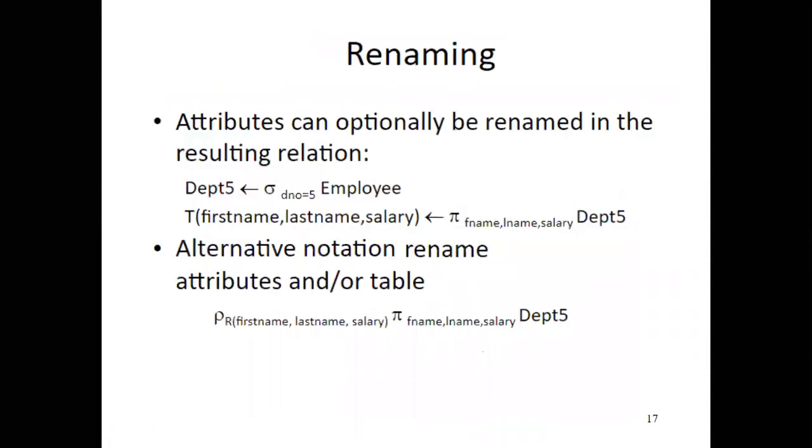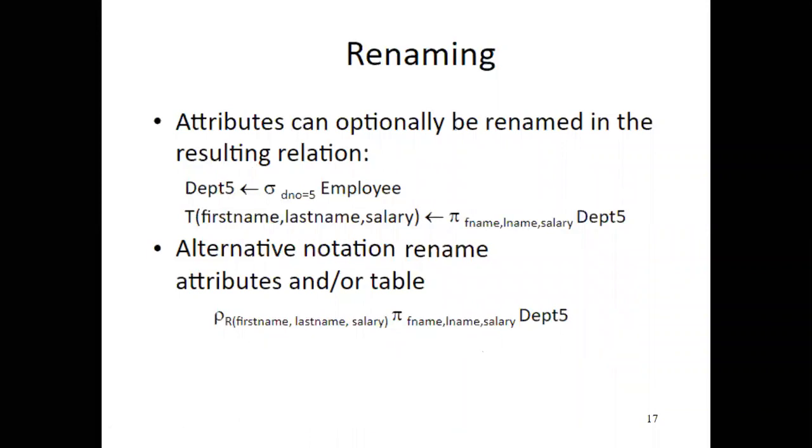Renaming has other ways too, not only using the rho operator. We can also give intermediate names for the relation. Attributes can optionally be renamed in the resulting relation. What is the resulting relation?